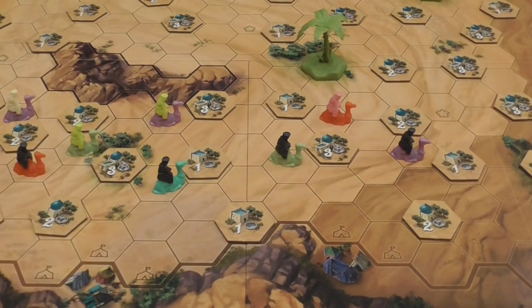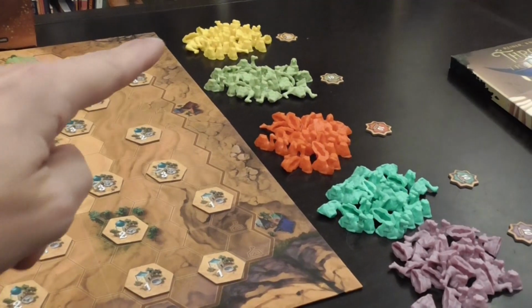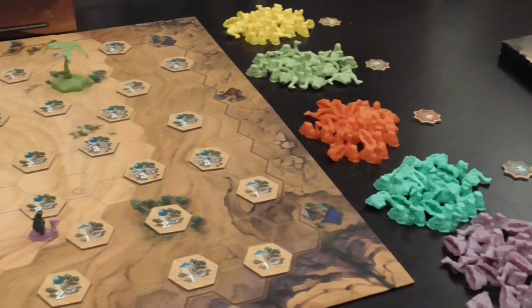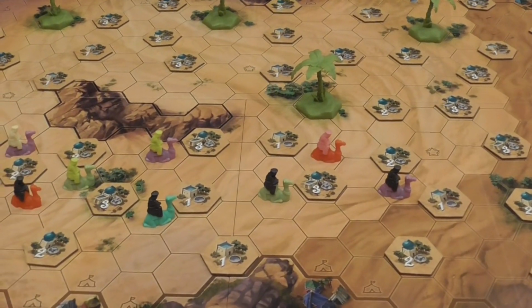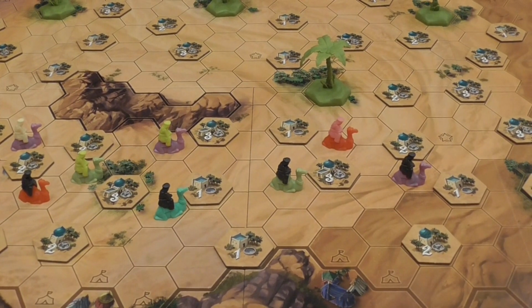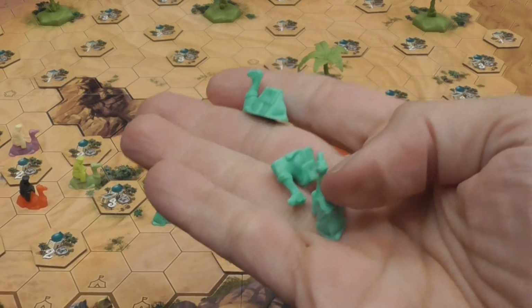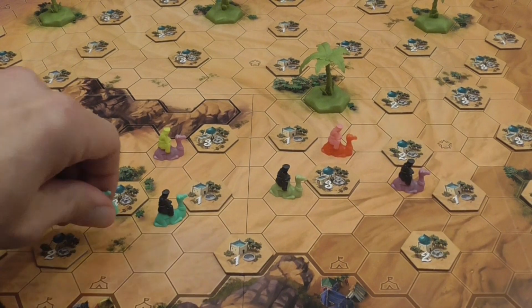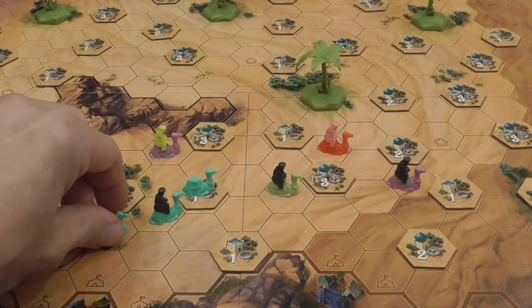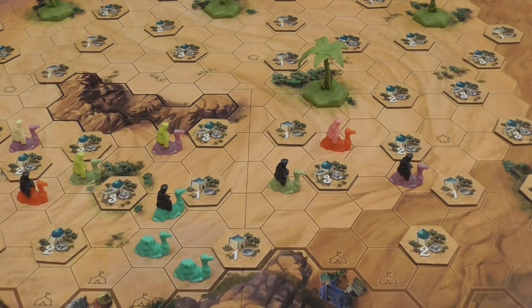And then the main game starts. In the main game, when it is your turn, you will take 2 camels, any 2 camels from the supply, and it can be 2 different ones or it can be the same, and you will add them to caravans that you control of the corresponding color. So for example, if I'm playing as black and I take two teal camels, I could place them here, for example, because I'm extending that caravan there. Or I could place them there. You get the idea. You have to connect them to the same